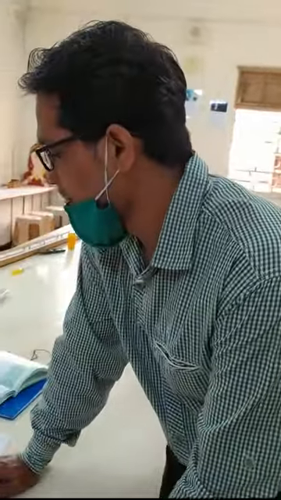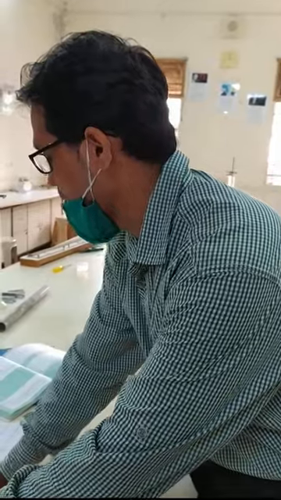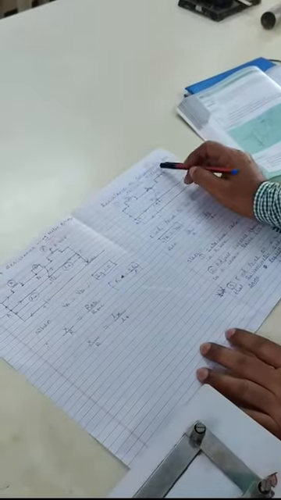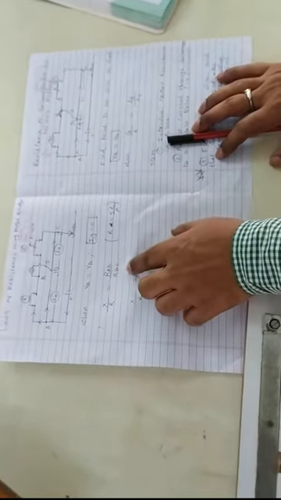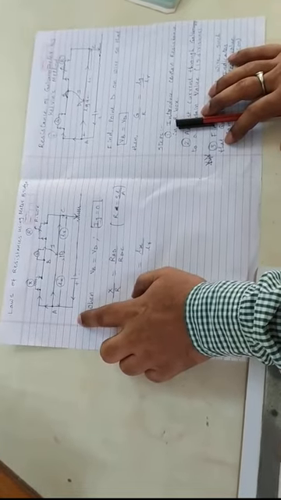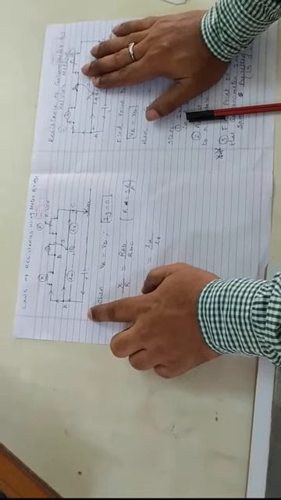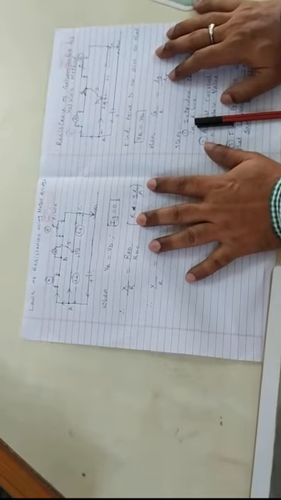Good morning, students. Today we'll be studying a new experiment, that is to find the resistance of a galvanometer by Kelvin's method. We have already studied an experiment based on the meter bridge, that is to find the laws of resistance using the meter bridge. This method is a little different. So first let us see on a paper.